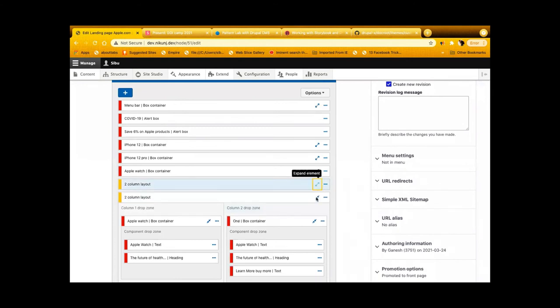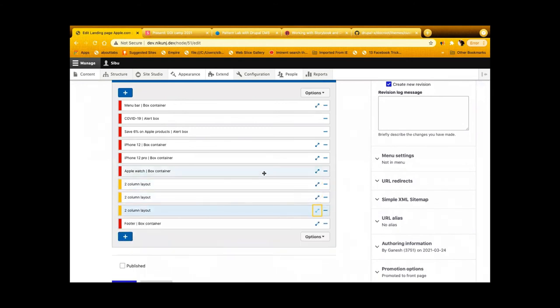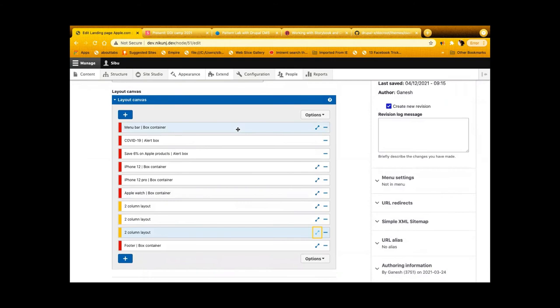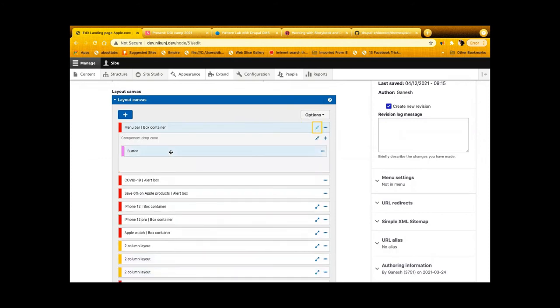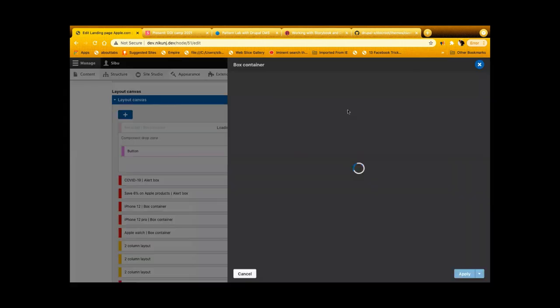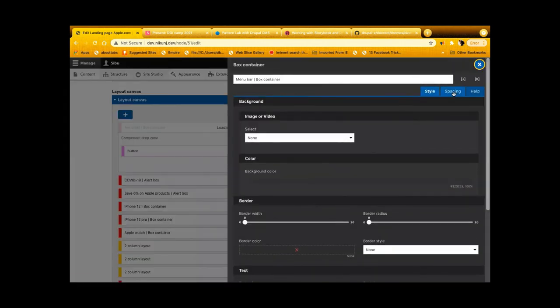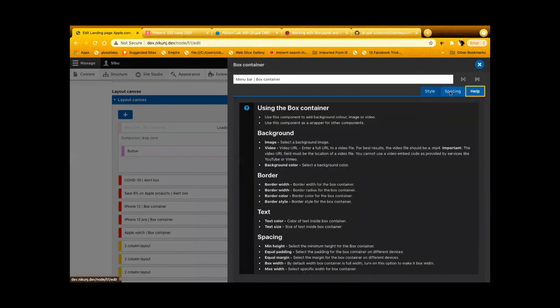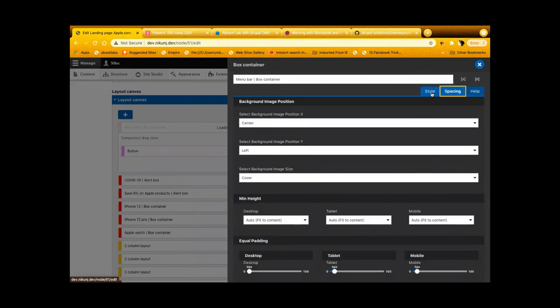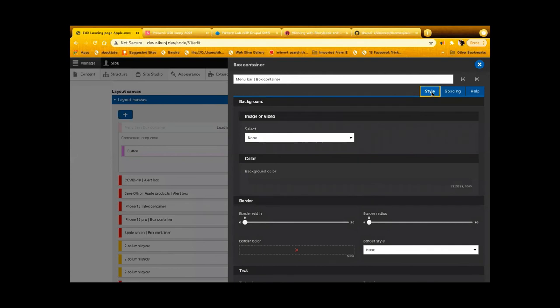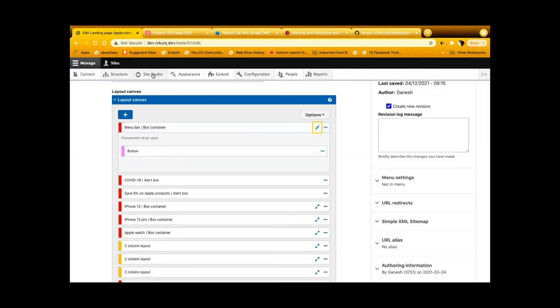So we have this menu component which we're using as a component, and we have created a custom component. And here we have a button. This is a custom component as well, where we can add our components. We also have a help section and spacing. So it's all customized in Studio, so we can make our components more customizable. For instance,